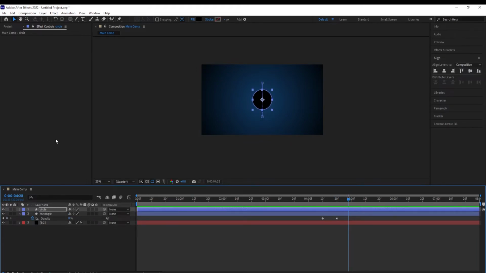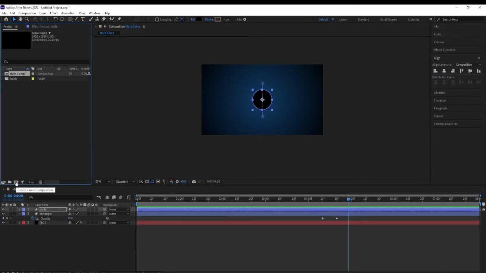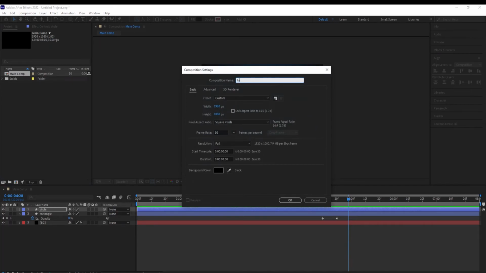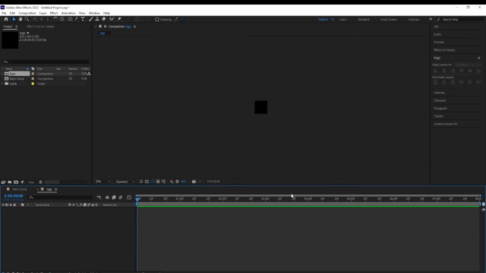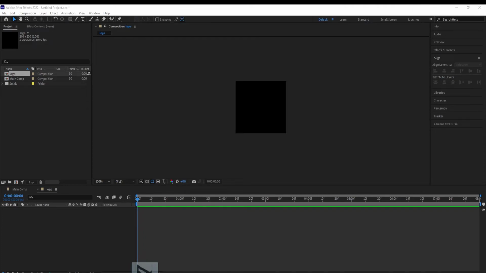So we go over here, project, over here, create a new composition, name it logo, change the dimensions 200 by 200, hit OK, and this is our logo placeholder, and we want to import our logo here, so we are going to import it